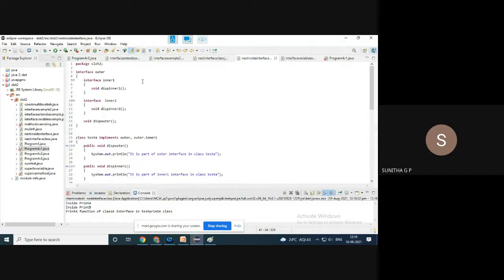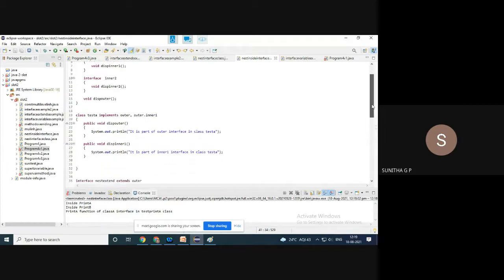Here you can show only one for an example, but to show you that any number of interfaces can be a member of another interface. And also along with the other interfaces, it can have its own methods and variables. That is why this function is taken. So when this interface is implemented, when you have taken the function in the implemented class, you have to redefine it. That is the one thing. So the outer interface is there. It is the inner one, and we have a function here. It is another one. We have a function here, and this is the function of this outer interface.